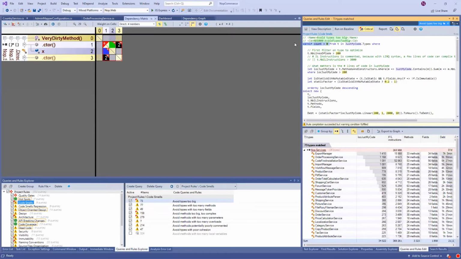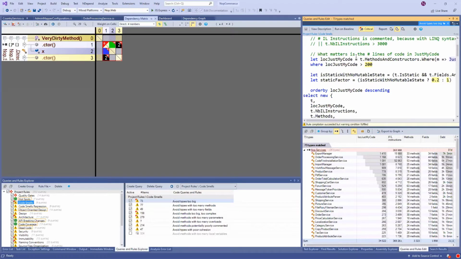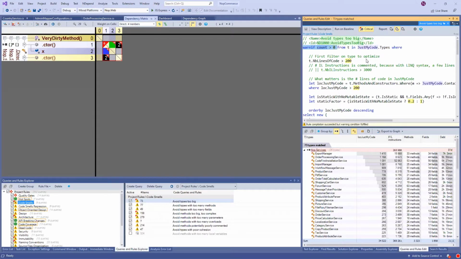And this code query has a prefix, which is warn if count greater than 0. This is how you transform a C# LINQ code query into a rule. And what you want is that this kind of rule doesn't report false positives.